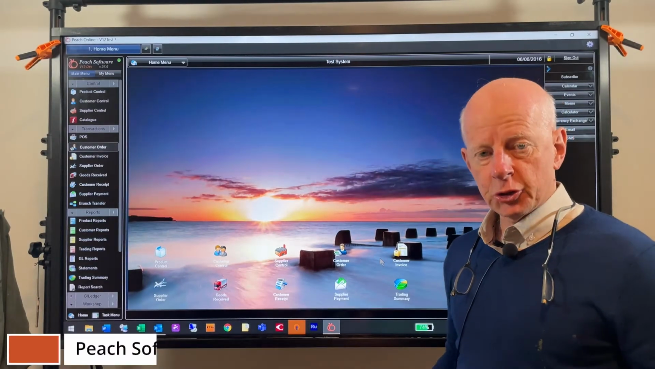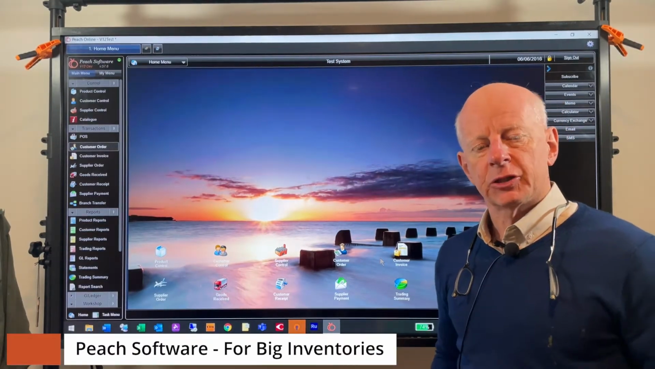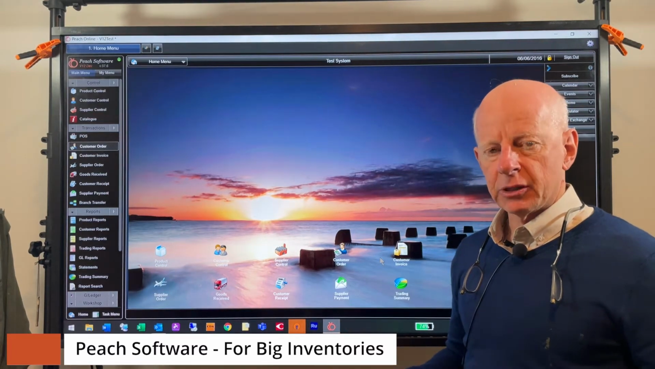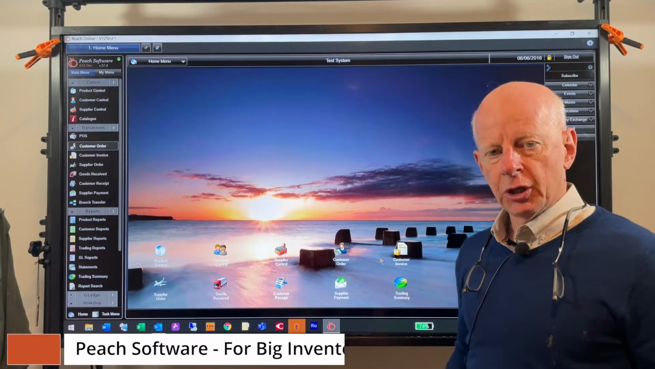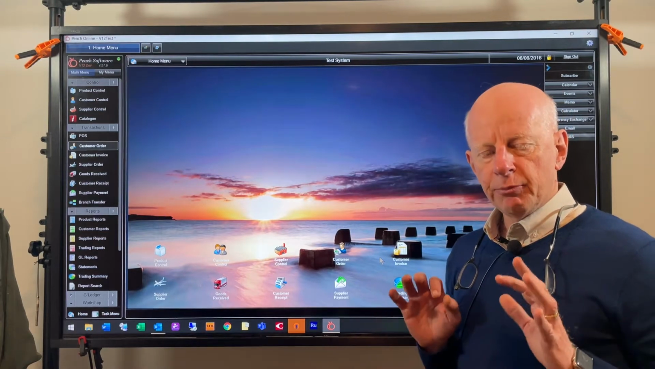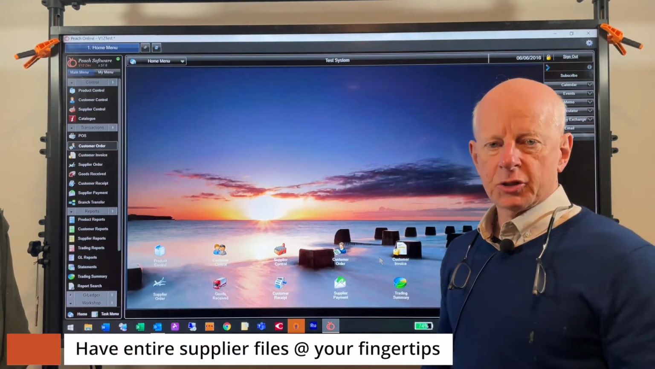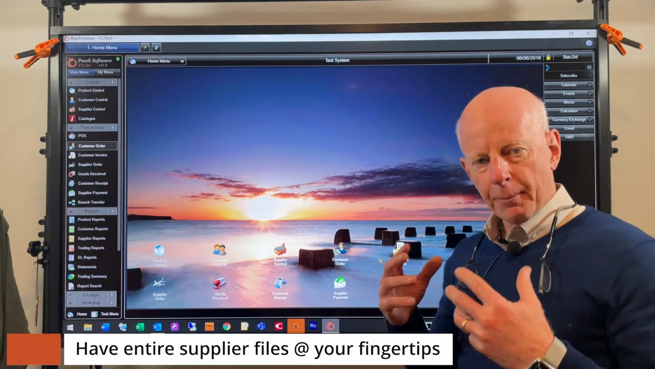As you'll know, Peach software promotes itself mainly as an inventory control software. In Peach you can control up to 1 million parts, and I'm going to show you how we actually do this. Importantly, you can import supplier files, and this means you can import entire supplier files into a background product